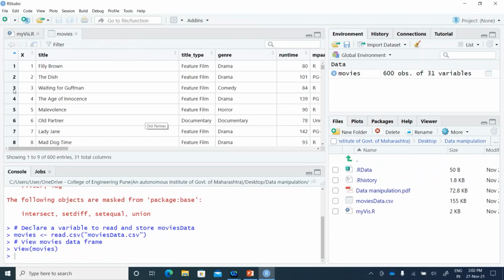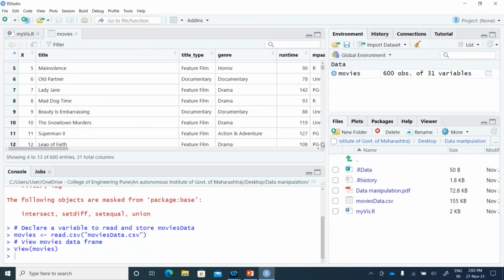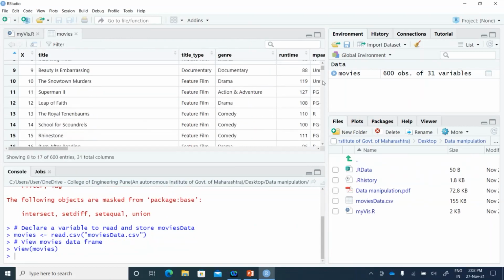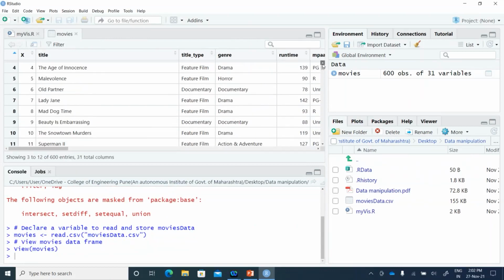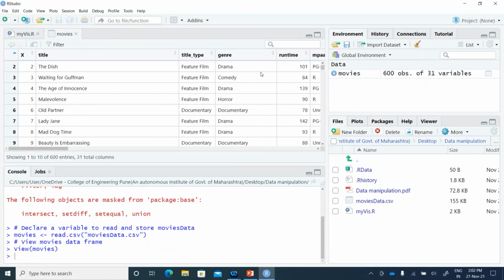The variables are basically, this is the serial number, title type, meaning whether it is a feature film, a documentary, or something like that. Type of the movie. Then what is the genre of the movie?